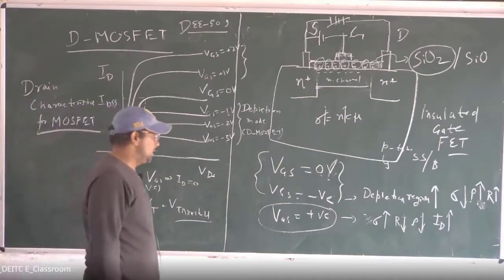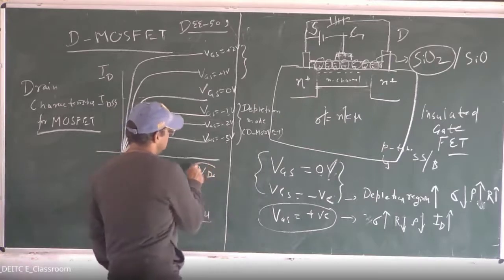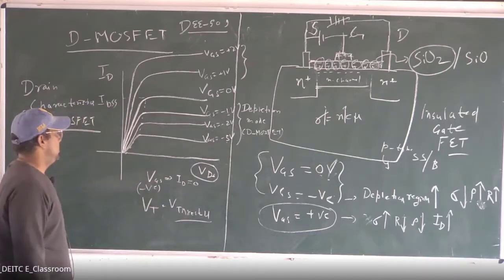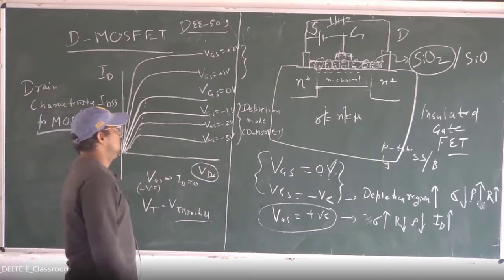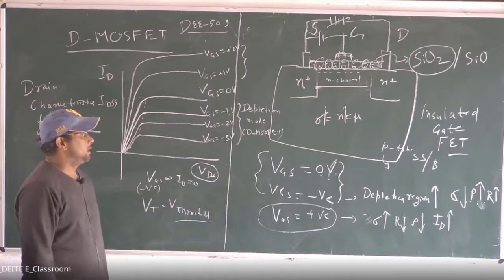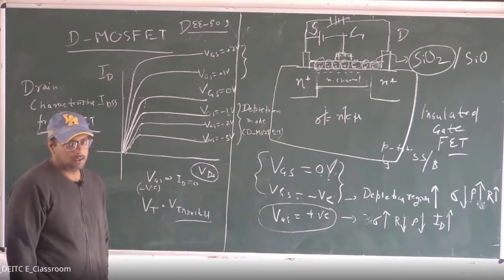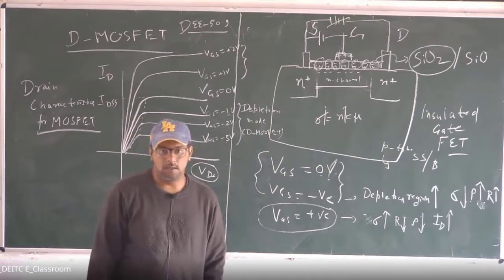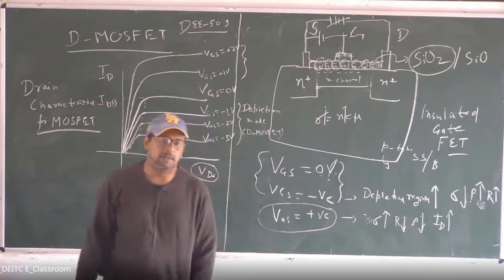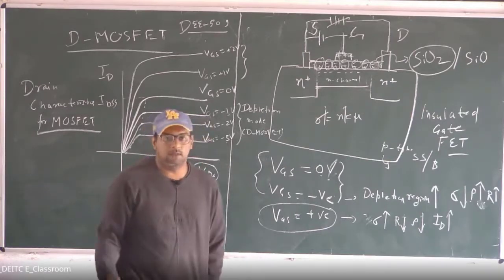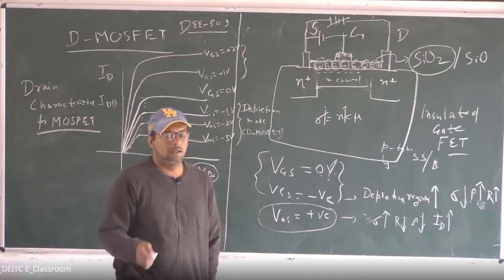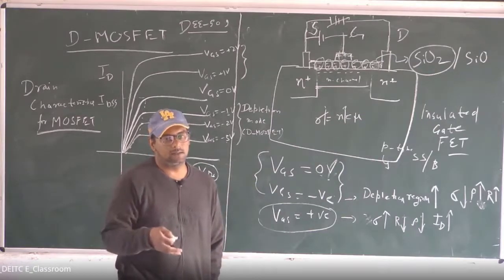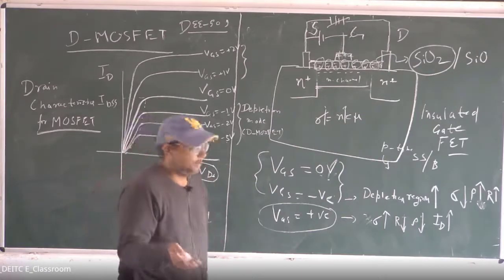So if we are increasing, this is the VDS, as we know, VDS is there, and ID is there. So basically we can see here, if we keep on increasing the VGS, then what will happen? The conductivity of the channel will increase, and then definitely the resistivity of the channel will decrease. And if the resistivity of the channel decreases, then what will happen? The current will increase. If current is flowing in a lower resistance, then definitely for the same voltage the current will increase. This we know by the basics of Ohm's law.